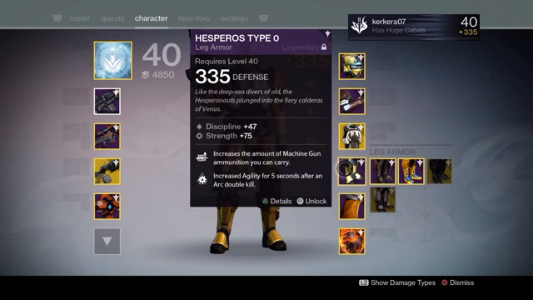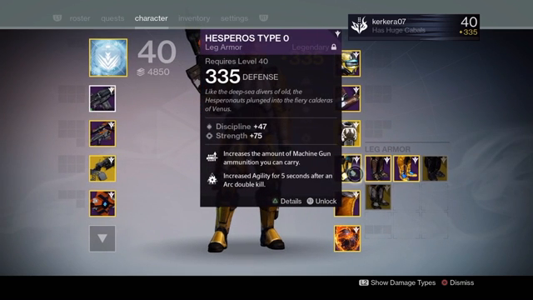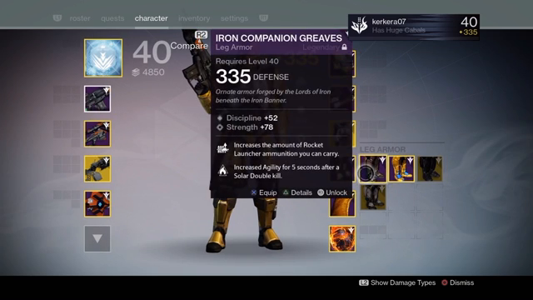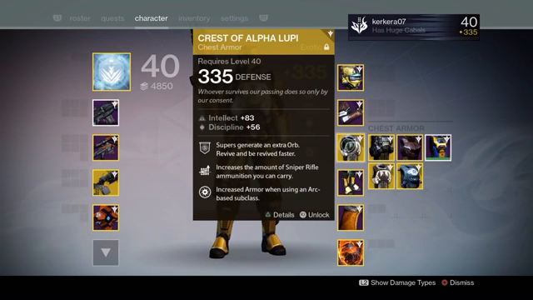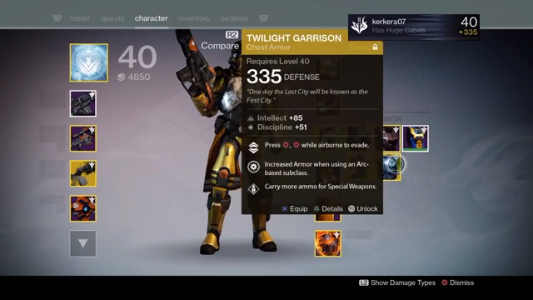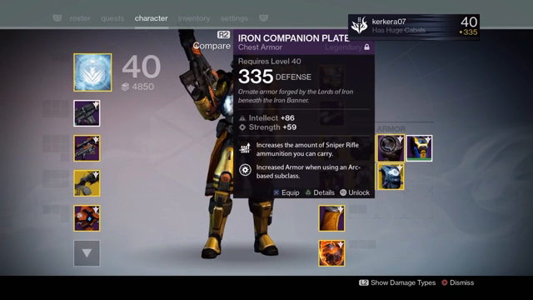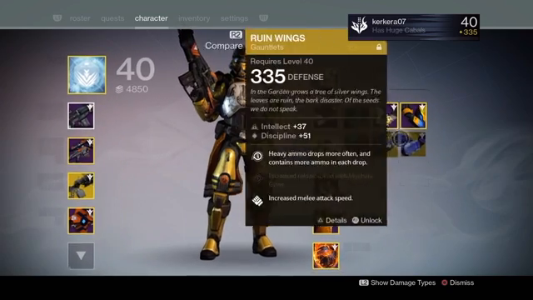And then I got my Suros Pearl artifact, which is also 335. And for my leg armor, I got 335 Hesperos Type 0 and Iron Companion Greaves. And then I have Crest of Alpha Lupi here, Twilight Garrison,